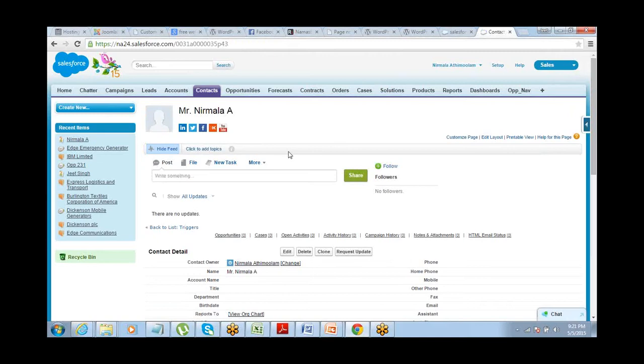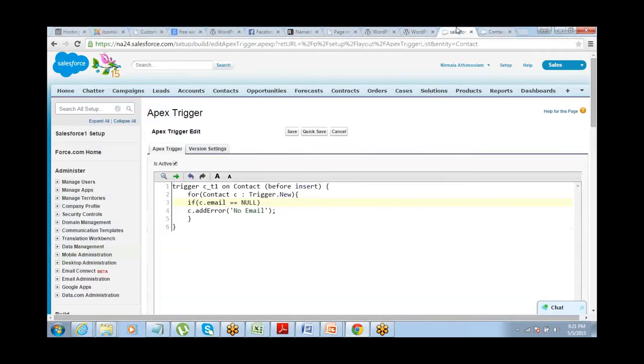Did not throw error. Why? So what is the event that we have used? Insert. At this point of time, it is only before insert, right?